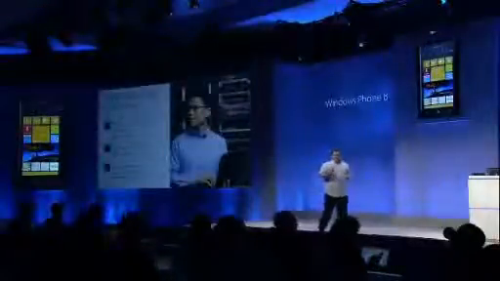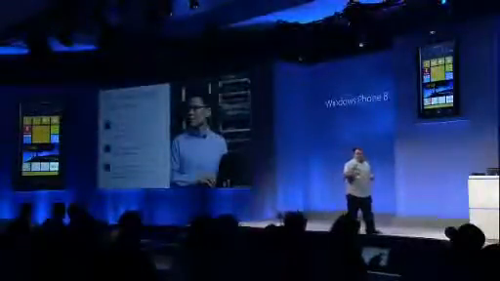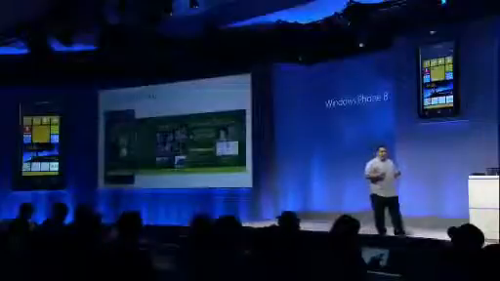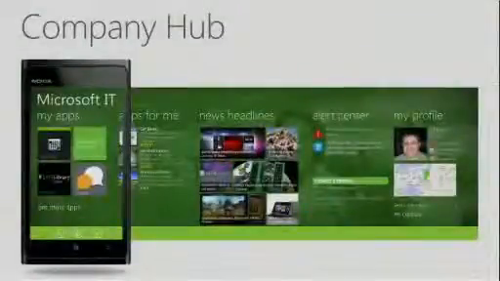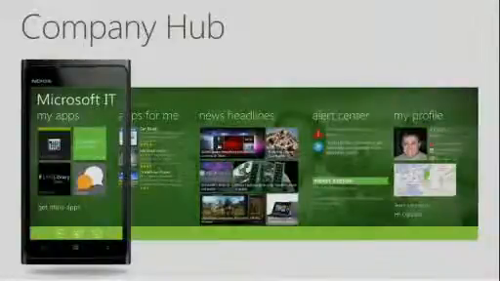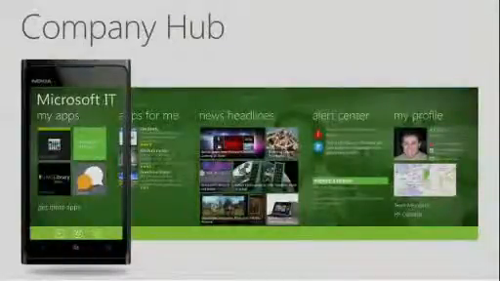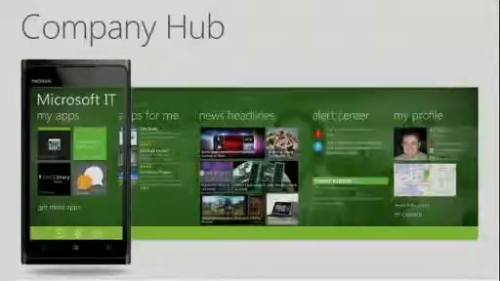Device management for large enterprises. Today, we're introducing a concept that we call the Company Hub. This is really just an app, but it's an app that allows each company to personalize the experience for their employees. They control the app, they control the experience, but they can actually decide which applications to highlight and to communicate. Now, let me make this concrete by giving you an example of what Microsoft's IT department has put together